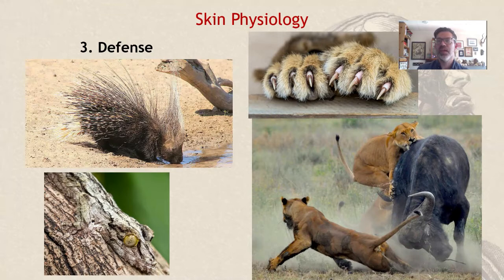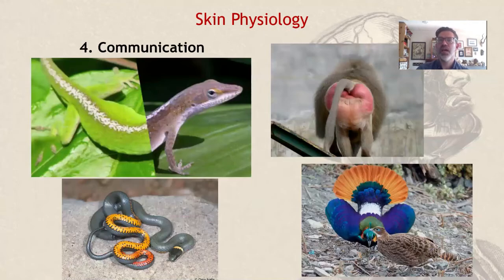Coloration matters too. Animals may hide by having skin that blends in with their environment. Not all animals want to hide. Some communicate with their skin. Bright colors may be a form of aposematic coloration, or warning that the animal is dangerous. Chameleons and other lizards express how they feel with the color of their skin. A dark-skinned animal is upset about something.